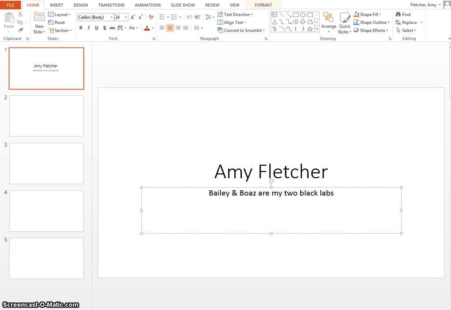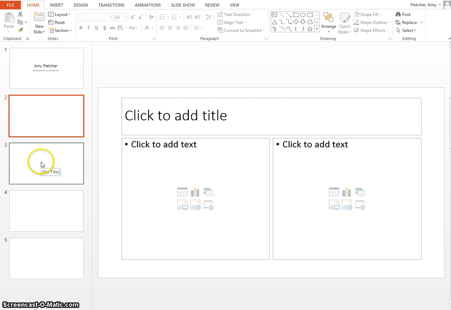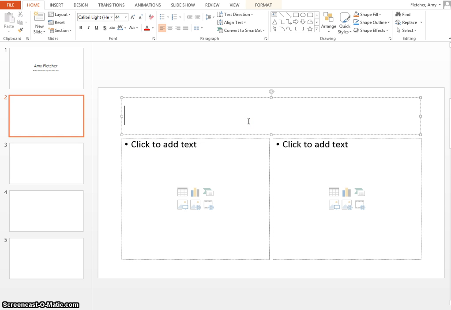Alright, and then next it says, step 10 says on slide 2, so click on slide 2 and click in the click to add title. Again, type a word for 1 of your favorite things. Okay, so I'm going to say black labs. Then it says in the box that says click to add text,